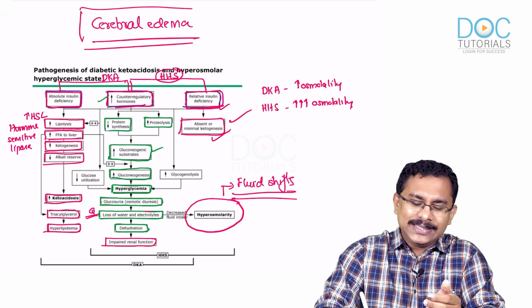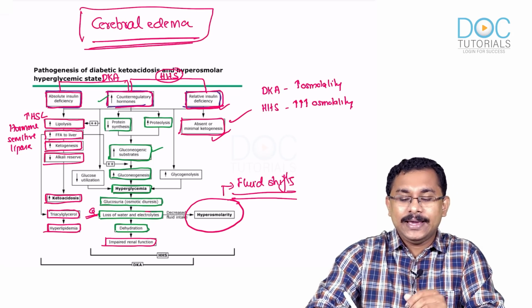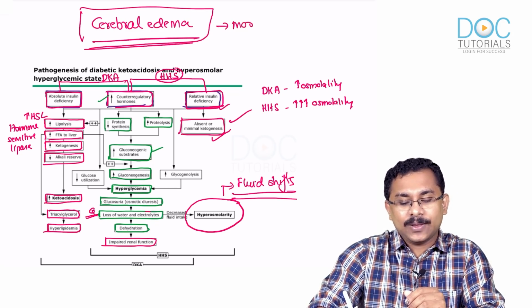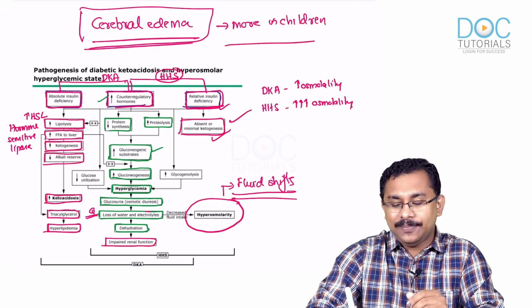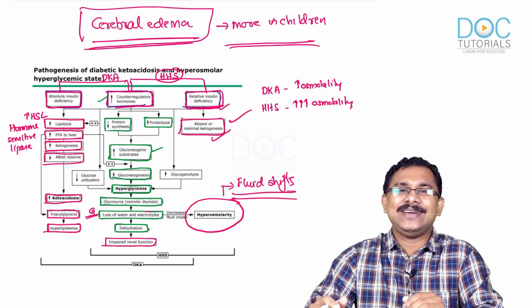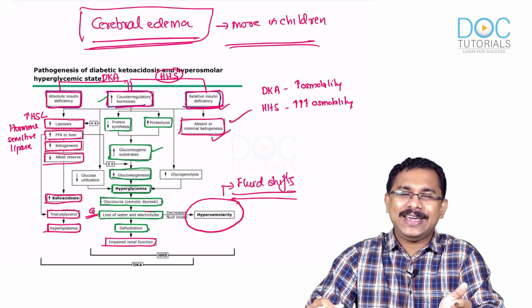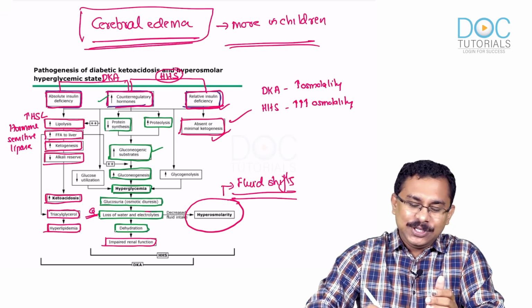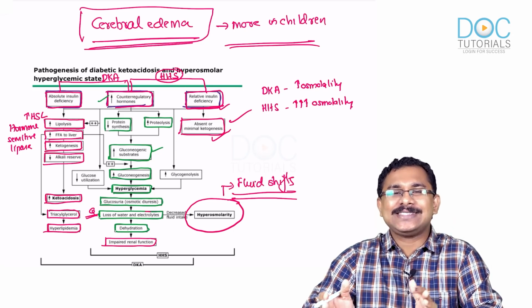And remember, the incidence of cerebral edema in DKA is more in children. It occurs more in children compared to adults, the cerebral edema. So I hope you have understood the basic pathogenesis of DKA and HHS: absolute insulin deficiency and increased counter-regulatory